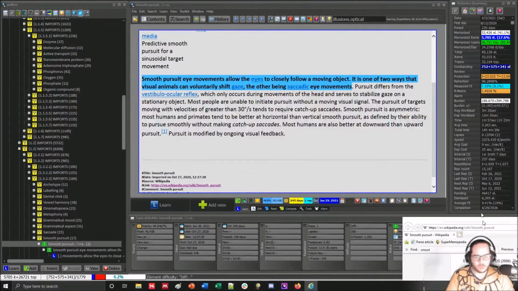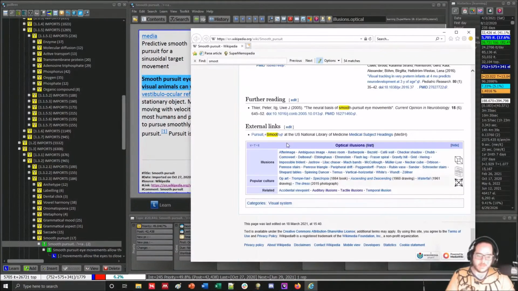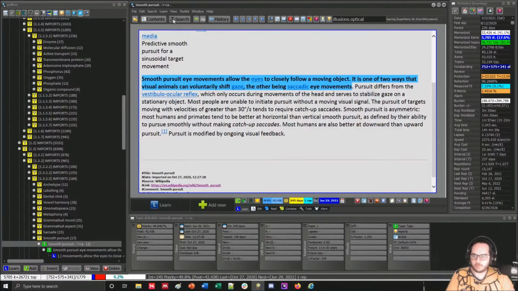more or less what Wikipedia is doing. That's the same article in Wikipedia. So you have a category of visual system, and it's semantically related to optical illusions. So first I will create